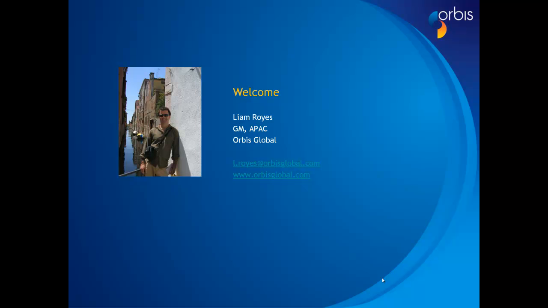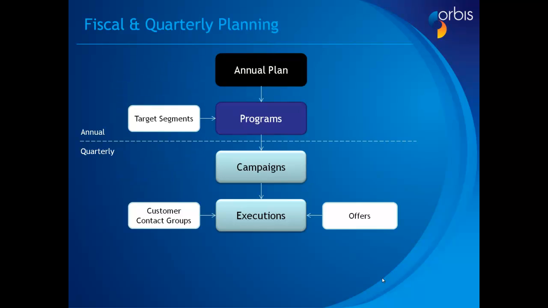And how we can support our customers' planning and development process. I just want to take a few minutes here to talk to you about that. Firstly, this diagram is really just designed to show how most marketing departments approach their planning and development for their campaigns. Typically there's some sort of annual process, maybe it involves some strategies that are agreed to, target segments and some goals, and coming out of that are the programs, and really that's where Orbis MRM begins,